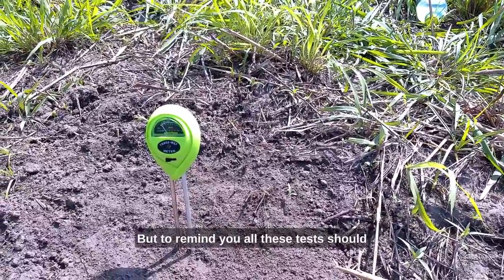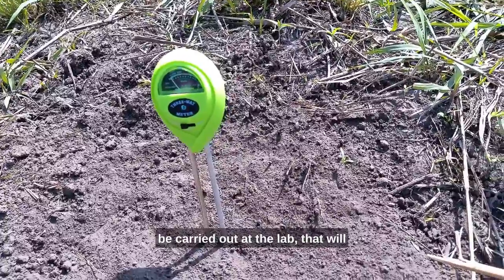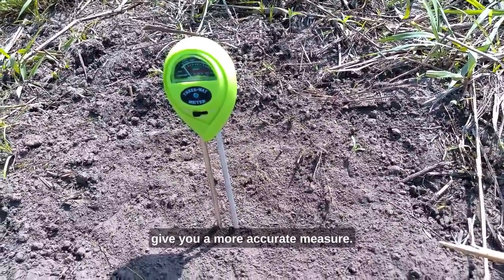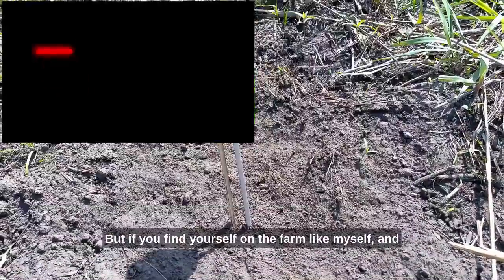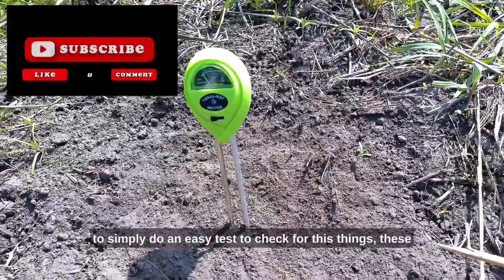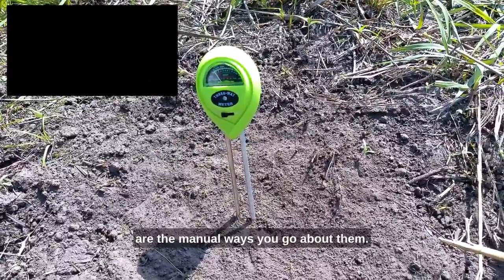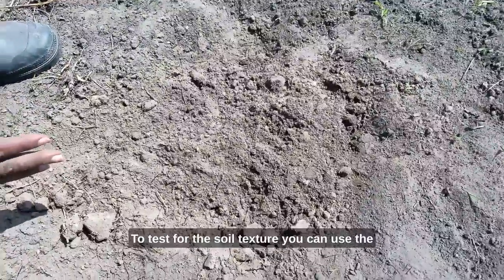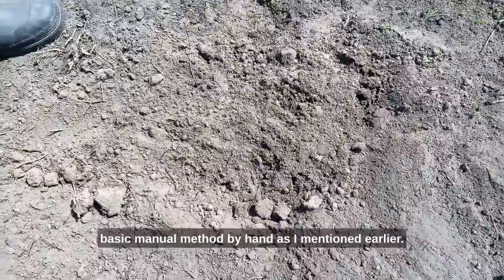But to remind you, all these tests should be carried out at the lab. That will give you a more accurate measure. But if you find yourself on the farm like myself and you don't have access to any laboratory around, or you want to simply do an easy test to check for these things, these are the manual ways you go about them. To test for the soil texture, you can use the basic manual method by hand, as I mentioned